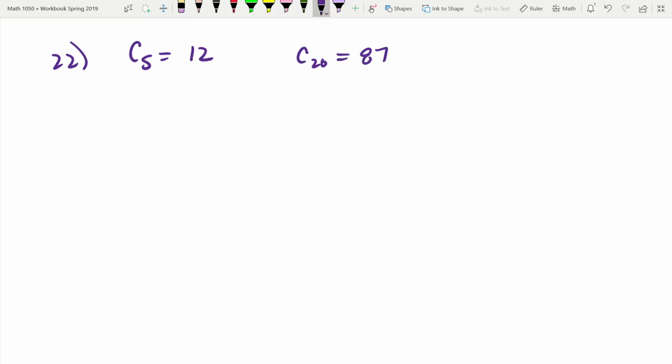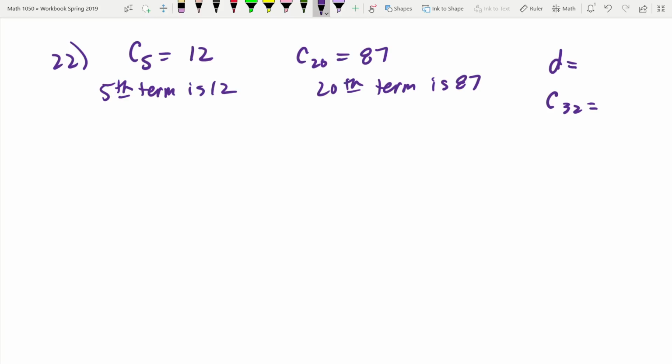Okay, I know that the fifth, this right here means the fifth term is 12. This means the 20th term is 87, okay? In the problem, well, you do know that it's arithmetic because they're giving you a D. If it was geometric, which I know we have not learned yet, then it would be an R, okay? So anyway, the formula for a specific term is a sub n equals a plus d times n minus 1,